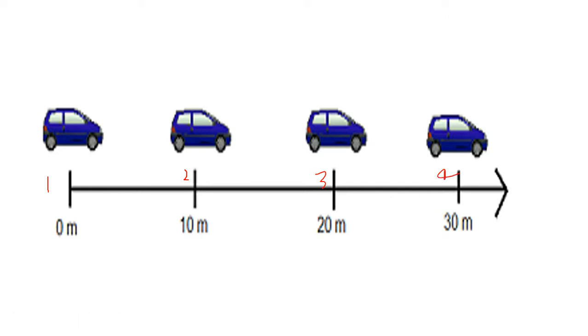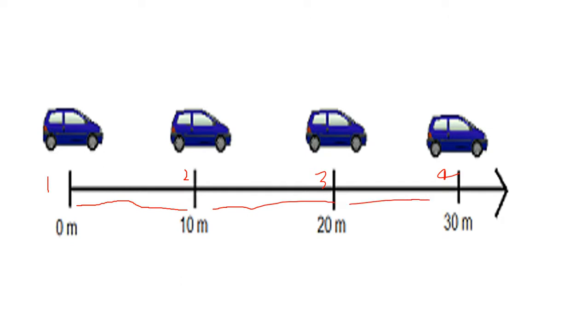So this car starts from point 1 and moves 10 meter and reaches point 2. So the distance 10 meter he covers in 2 seconds. Similarly, from 10 meter to 20 meter, again he takes 2 seconds. See the distance, you can measure here. This distance